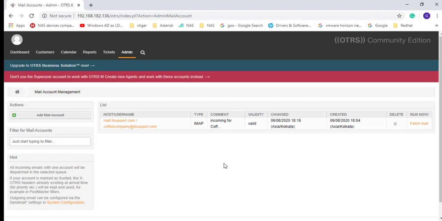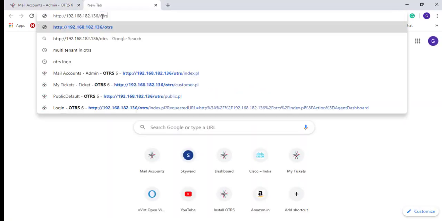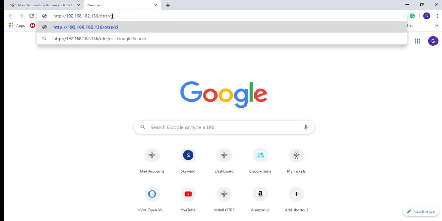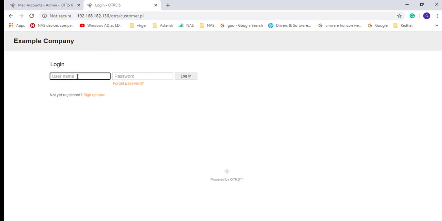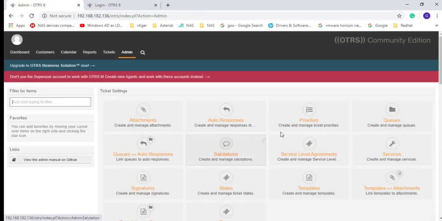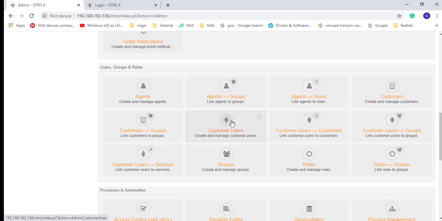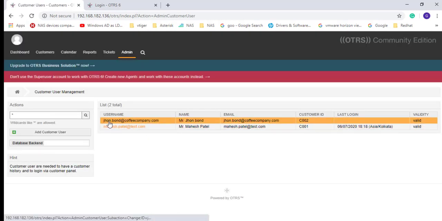Now let's log in with the user, how it looks, and what options the user gets while creating a support ticket via web browser, right? So let's open, let's copy the address /customer.pl. We have created a username. Here we have create user, company user John Bond. Okay, so let's copy,